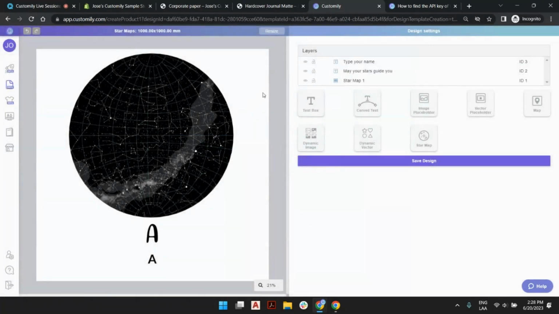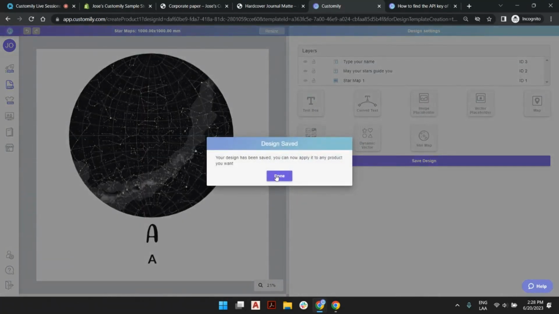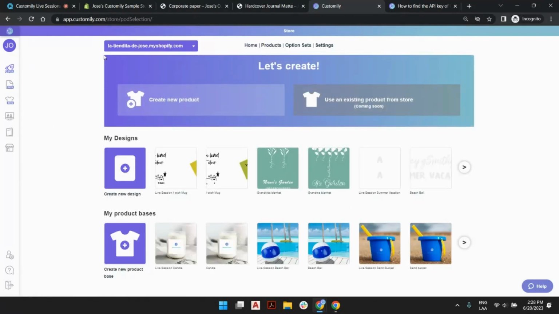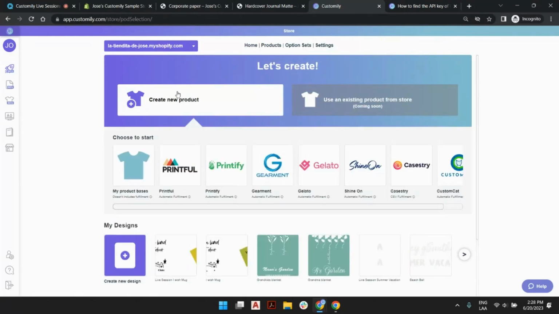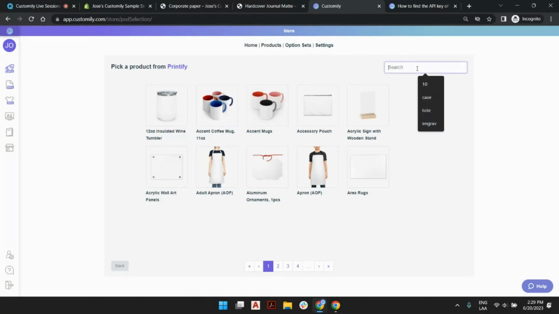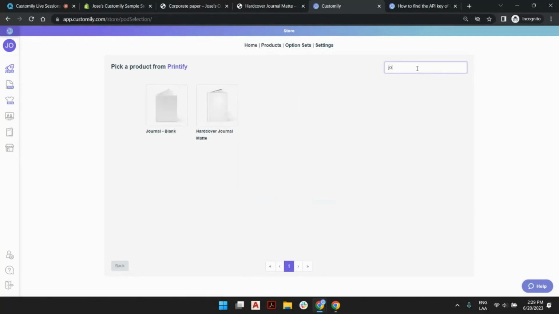Save it with the new options and done. So imagine I just created this design and I'm all ready to go for my start menu and I'm going to create a new product. I know my product is on Printify. I open the catalog, find that, select the product,